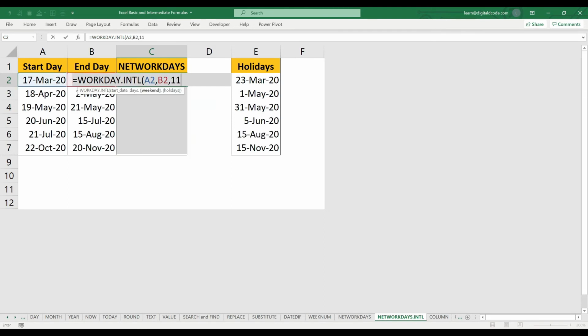So I'll choose 11, comma, and as usual we can choose the holidays. So this is the holiday list. Now if you see here, the net working days, there's something wrong. Start date, end date, let me try again.